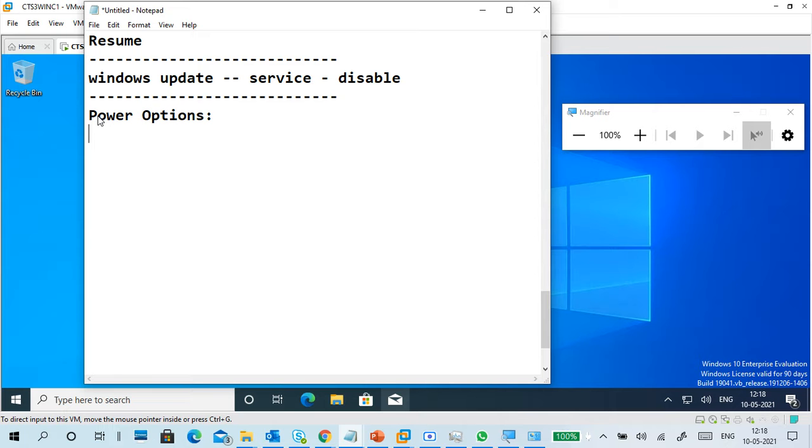So for example, I leave this PC like this only, and I went to my kitchen for cooking. I came back after 1 hour. I forgot to put it on charging. So what will happen? The system battery will dry out. So then there's a problem. What do I have to do? I have to give a power option like this.